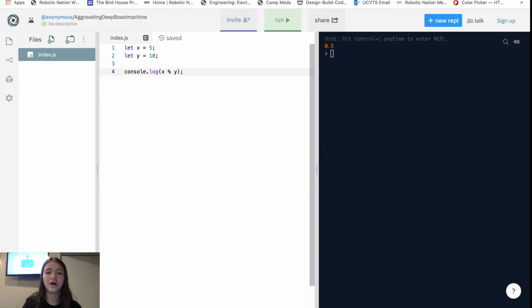So I'm just going to comment this. This expression right here is the same as saying... actually, I'm going to switch these variables around so you get a better understanding. So I'm going to do y modulo x. So y modulo x is the same as saying 10, which is y, divided by 5, which is x. So when we do that, modulo is looking for the remainder. If we run this, we see that we get a remainder of 0 because 5 goes into 10 evenly